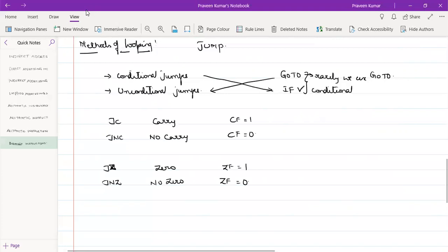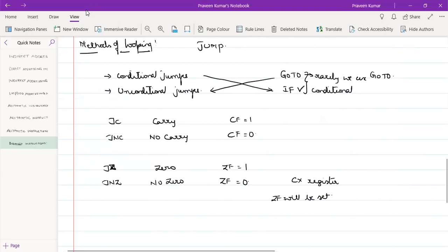Now if you are doing a loop where the looping condition is kept in the CX register, we know that the CX register will have a count. So the looping condition is kept in the CX register. Continue the loop until the CX register becomes 0. Then ZF will be set. So if I count down the CX register until the result in the CX register is equal to 0, then ZF will be set. Then it will jump to the next instruction.